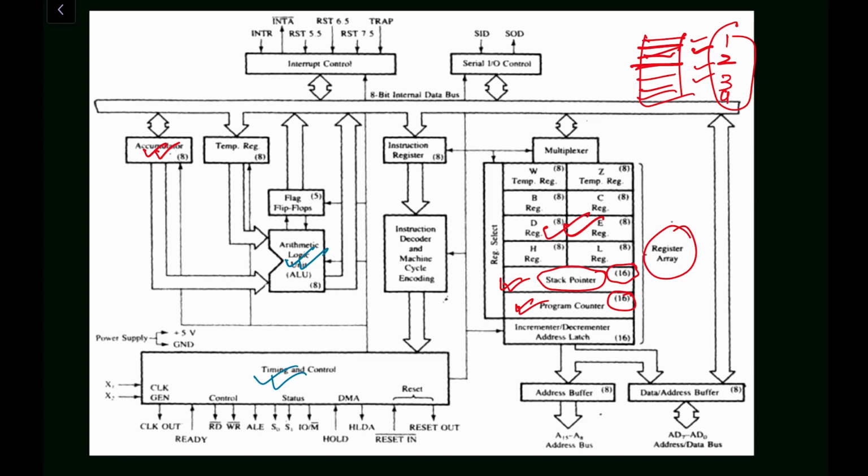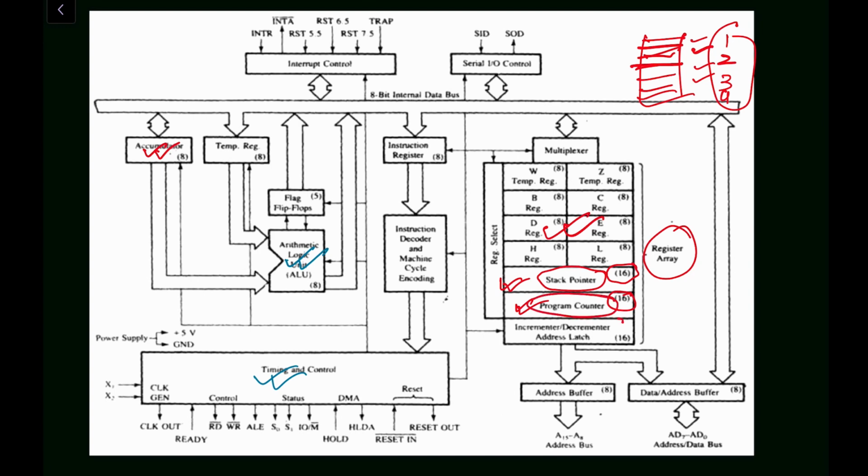The microprocessor increments the content of the program counter during the execution of an instruction so that it points to the address next to the instruction in the program. That means suppose one instruction is executing, and whatever the next instruction is that is going to be executed, that instruction address will be stored in the program counter. Okay, I hope you have understood up to here. This is the program counter unit.